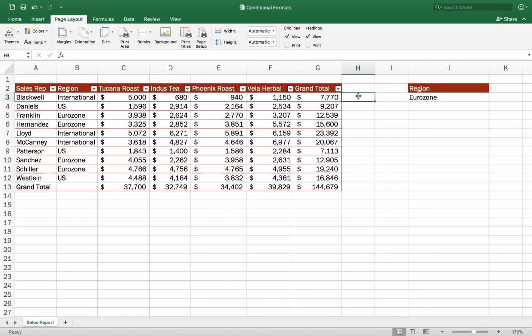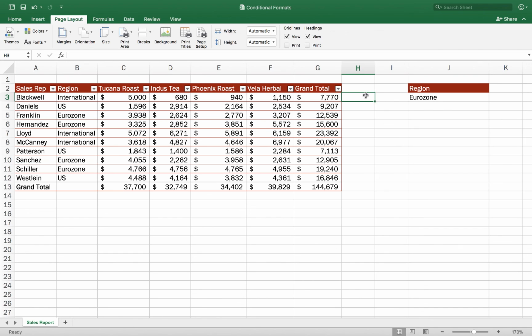The if function has three different parts. The first part is some kind of logical test, something that's going to be true or false. I can say, is this number greater than this? Is it less than that? Then, if that condition is true, I can say do this calculation or show this text in a cell. And the third part of the if function is what you want to do if the condition you've tested is false, if it's not true.